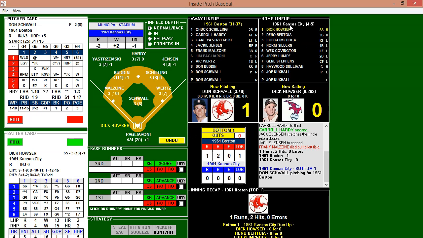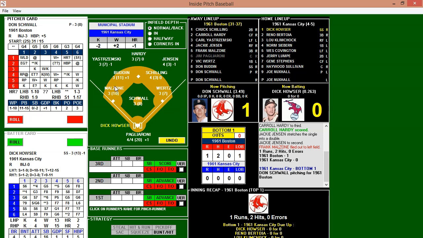So we already went through the lineup for the Kansas City Athletics. Let's go through the Red Sox defense. Yastrzemski in left, the rookie. Hardy in center, Jensen in right. Yastrzemski and Hardy average range, and Jensen above average in right. All pretty good error ratings overall, with Jensen and Yastrzemski on the corners having above average arms, Hardy with an average arm in center. The infield left to right, Millzone, Budden, Schilling, and Wirtz, all average except for Schilling is above average. Schilling the best defender with only a 3 error rating, and Millzone and Budden slightly below average with a 10 and 11 rating.